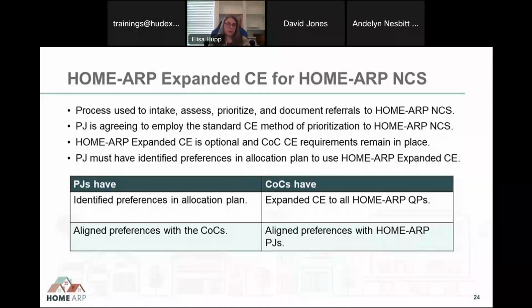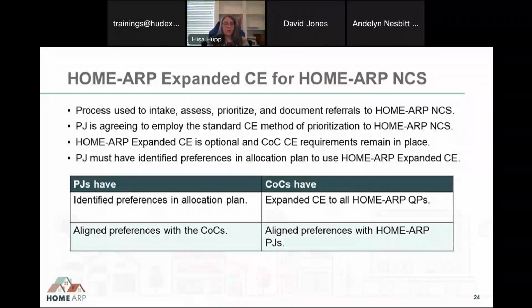And then there's the fourth QP. The fourth QP are households who maybe were previously homeless and are housed, but they are receiving assistance, and that assistance is ending, and without continued assistance, they may become homeless again. And then there's a second subset of that fourth qualifying population, those who would benefit greatly from supportive services and would prevent homelessness. But the definitions are unique and specific, and they are different from standard coordinated entry requirements for